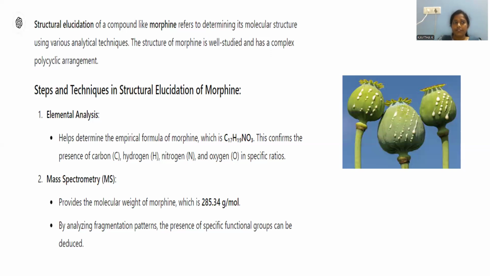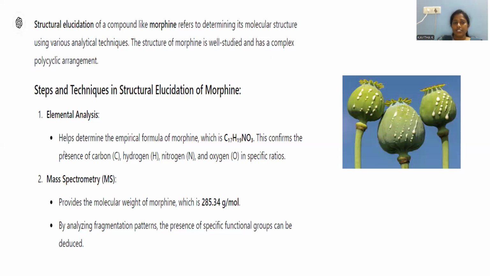That identification or determination is said to be what? Structural elucidation, because it is a natural product, right? Directly we are extracting the juices from plants or else animals. So after extracting, that identification is called structural elucidation. So many methodologies are available. Here we will go for what? Analytical identification methods. So many types of analysis methods are available.